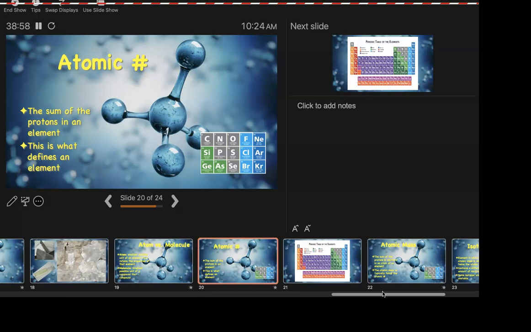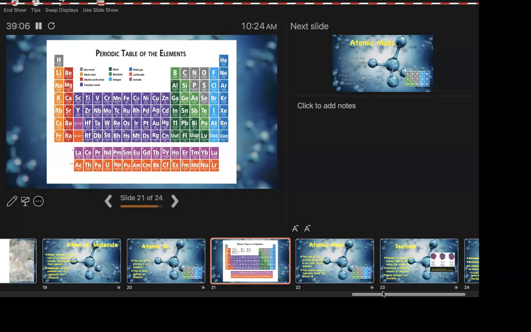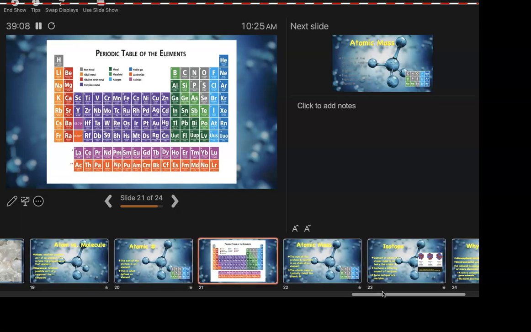All right, atomic number. It's the top number, and it defines the element because that is the number of protons in it. And here's that periodic table again. So the idea being that we're just adding protons as we move from the left to the right and down. So you jump all the way down to Pt. What are we picking? Platinum.